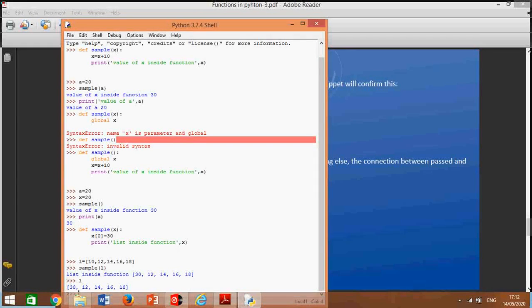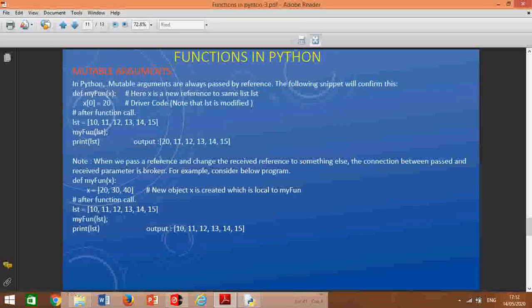Now one problem is there that you have to keep in mind. See the note here. When we pass a reference and change the received reference to something else, the connection between the passed and received parameter is broken. For example, I am passing the list, x is a reference to the list, but here I am assigning x with a new list.